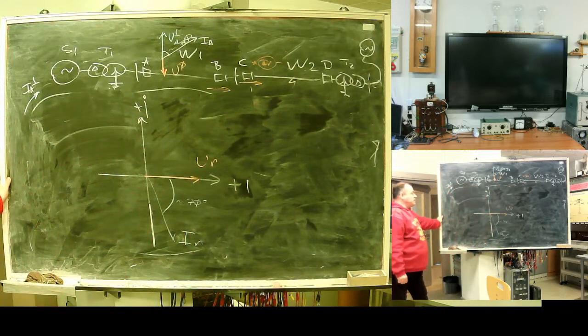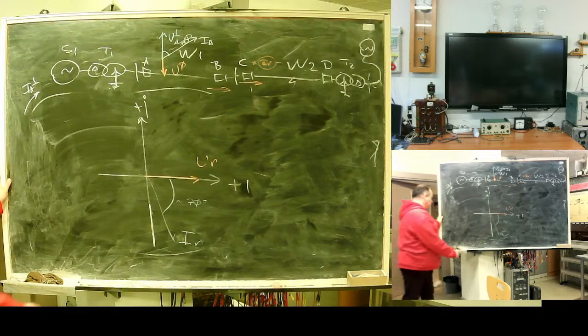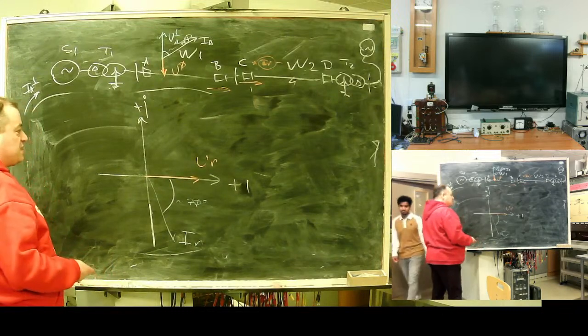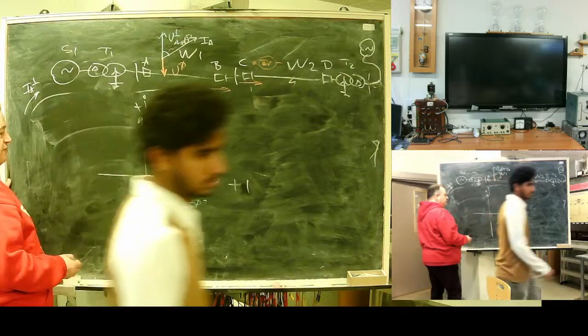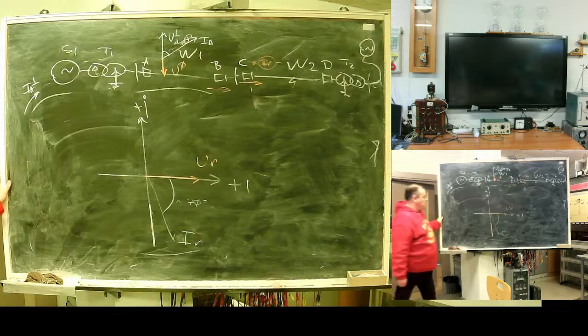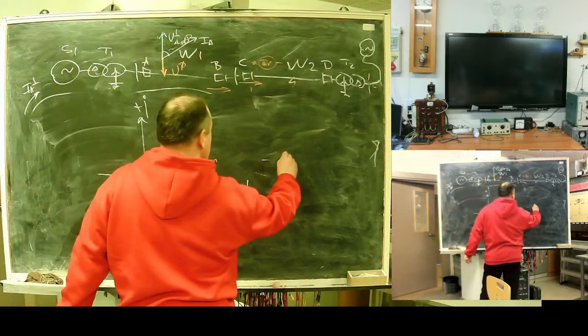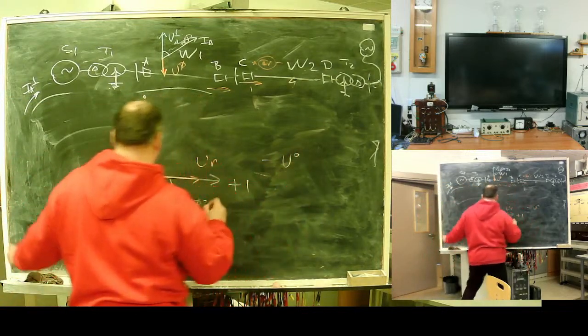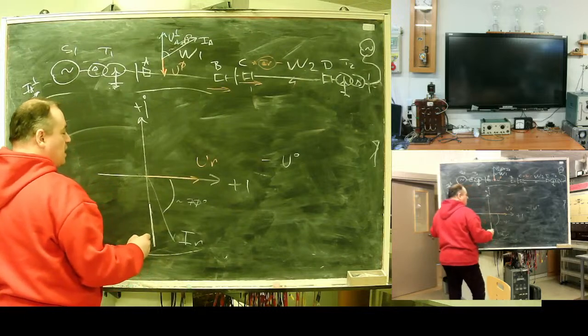What have I selected as a voltage for my relay? U0 or minus U0? If I assume 70 degree, minus U0. This one is for minus U0. Now, remember